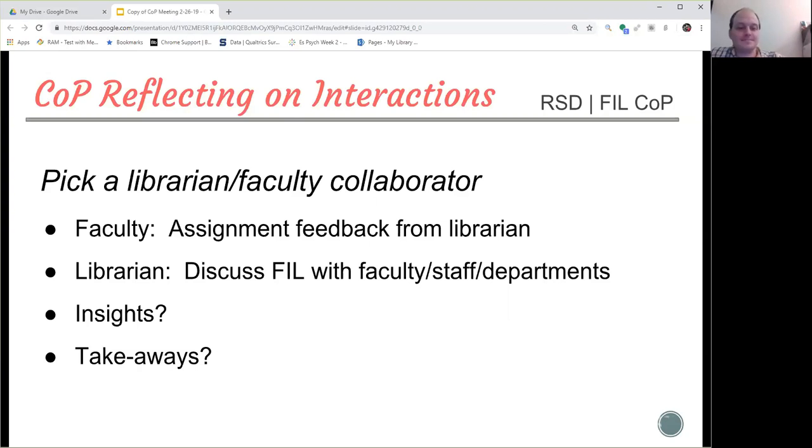Are there any other faculty members out there in the science department who have worked with the RSD framework or the framework for information literacy? I'm not sure about the framework for information literacy, but I've seen the RSD show up in a couple of other places, one in particular that I'm thinking of. I know there's a professor in biology that's used it.